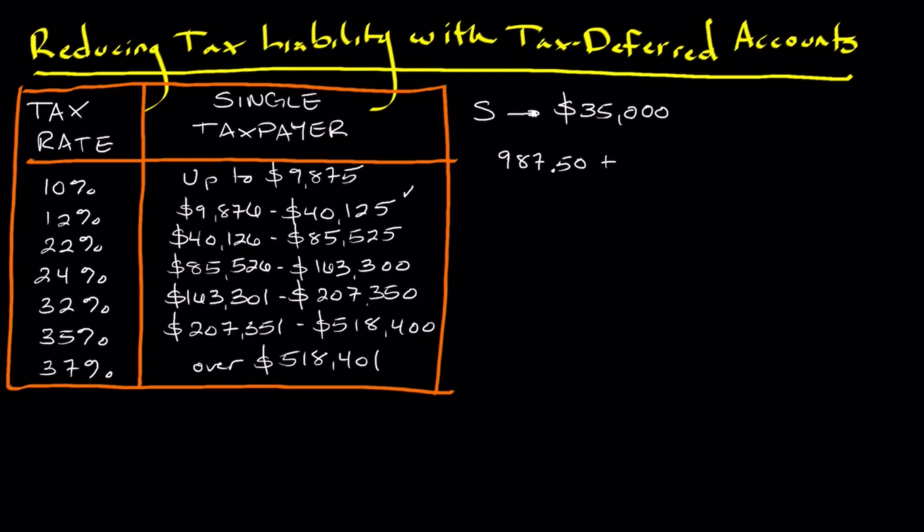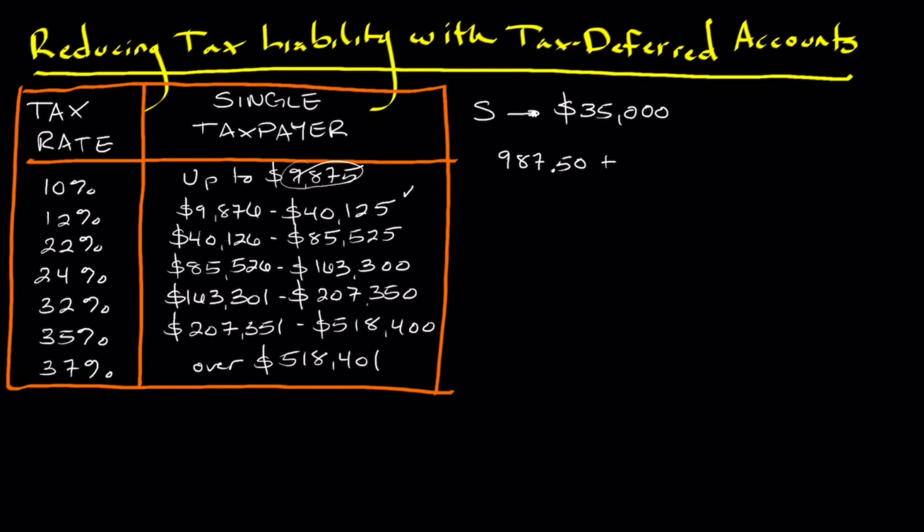So what we're going to do is take that $35,000 and subtract from it the top end of the prior row, the $9,875. So go ahead and pause the video if you want. You can do that just to calculate it on your own and then come back to this video. All right, once you've done the calculations, what you should get is